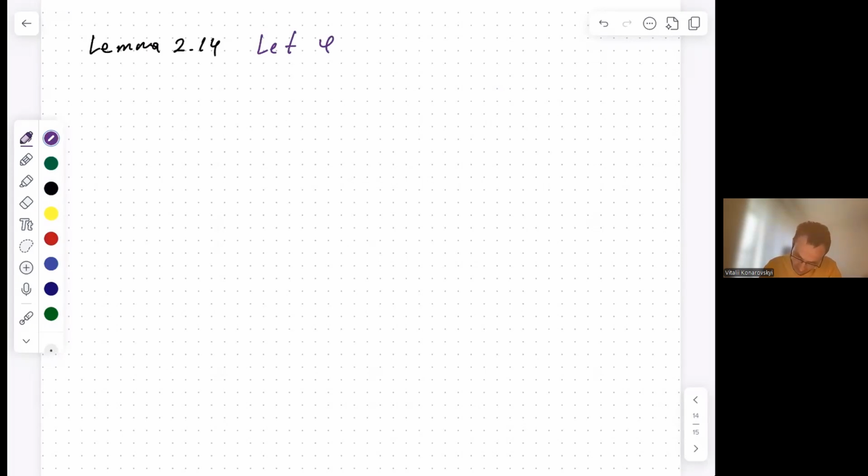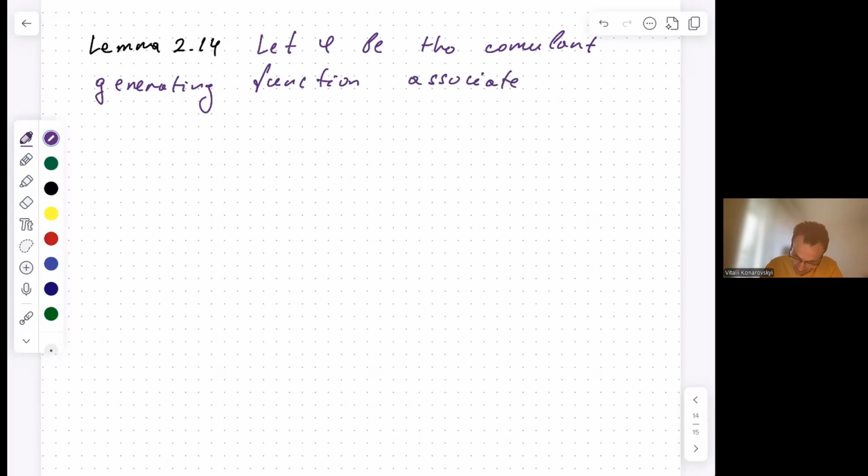Let phi take values from R. Let phi of lambda belong to R for every lambda. Then